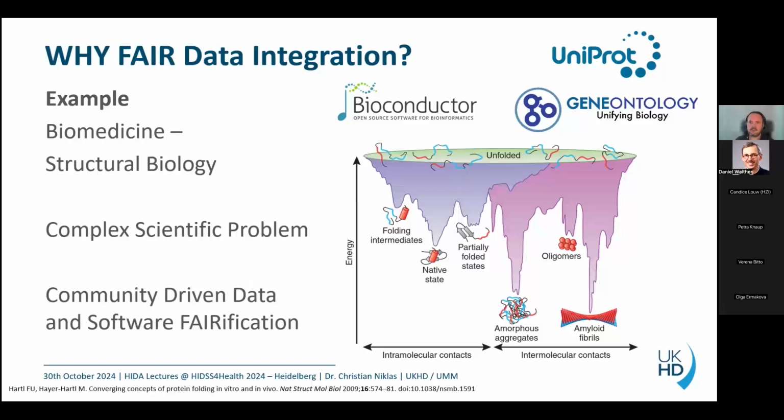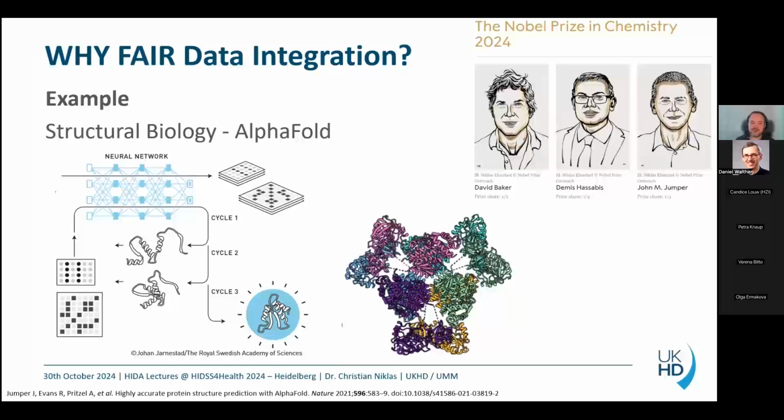So you have things that are community curated, like UniProt, gene ontology, but also software stacks like Bioconductor and other R packages, where people work together to actually make this community research more feasible, because each and every person alone wouldn't be able to approach this problem in the first place. And then, like I said, I was very happy that the example that I wanted to make anyway actually won the Nobel Prize this year.